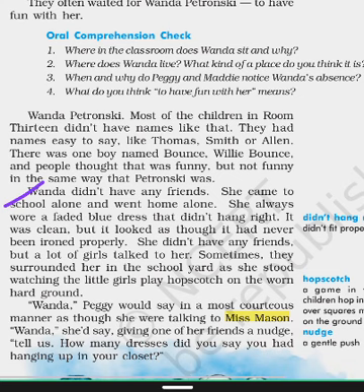And as you know, she didn't have any friends, but lots of people used to talk with her. Sometimes the students surrounded her. Sometimes students used to surround her, and after that they used to talk to her. And as I have already told you, the students used to surround her only to make fun of her. Okay, and Wanda Petronski sometimes used to